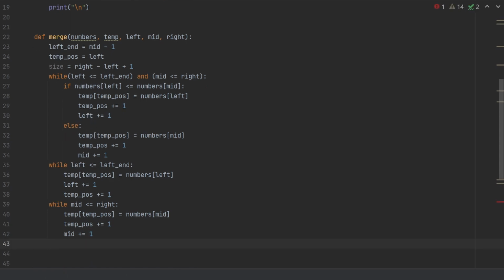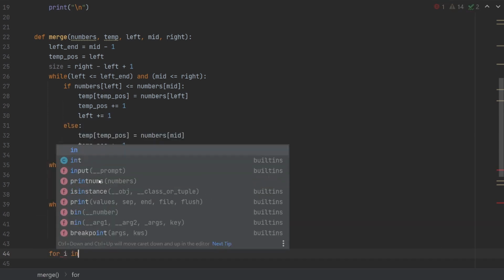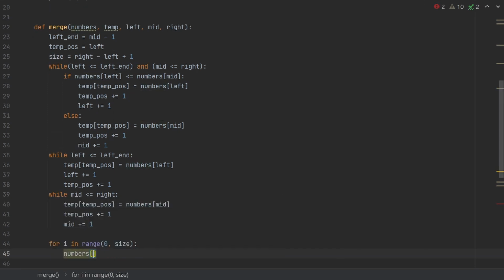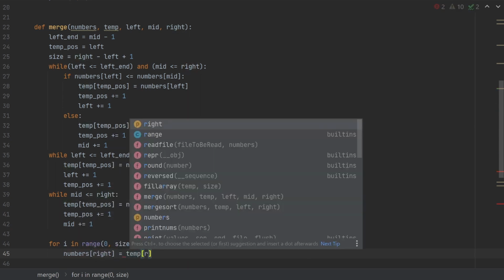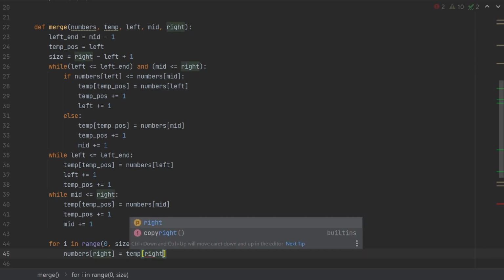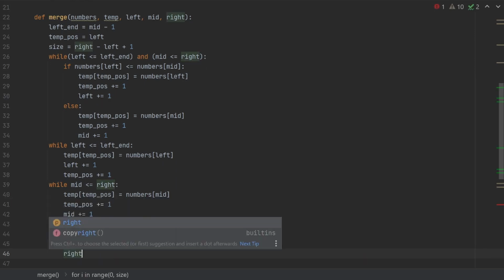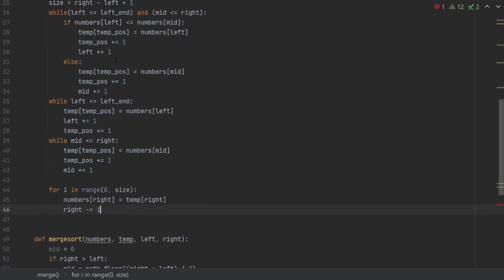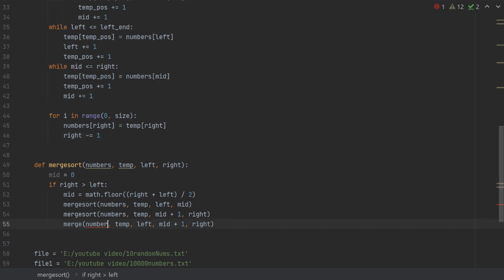So, you know, Python is a little finicky with spaces. For i in range 0 to the size, we say numbers right is equal to temp at the right position. And then we just simply decrease right. Now, I have no idea if this is going to work. We're going to find out. It should theoretically work. We have all of our, except for that, it'd help if there was an S on the end of that. But yeah,